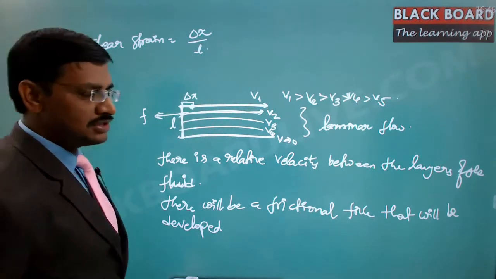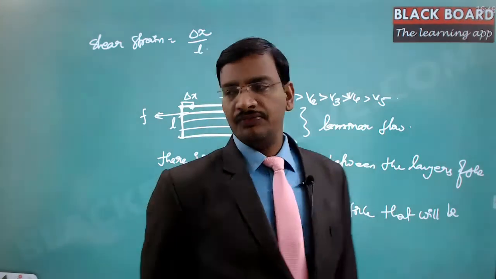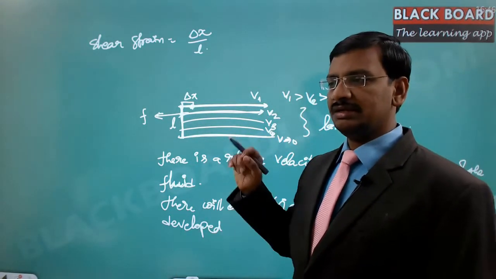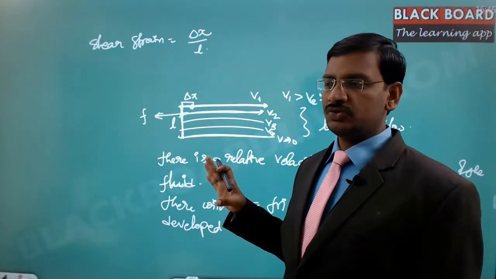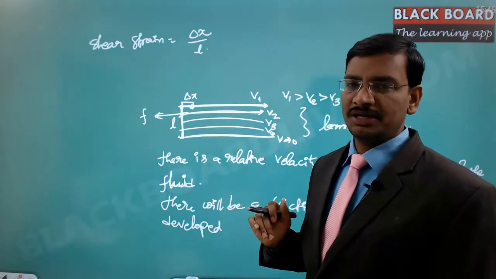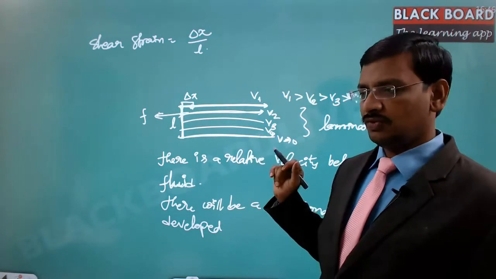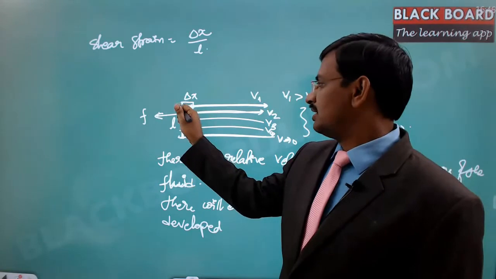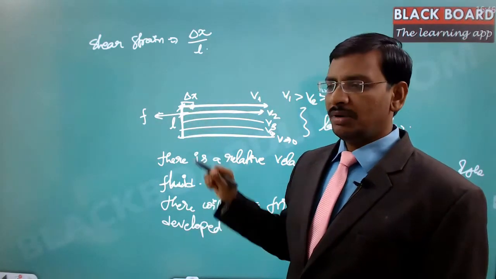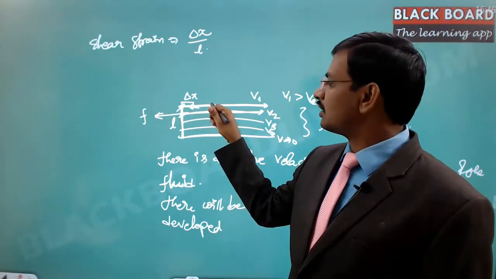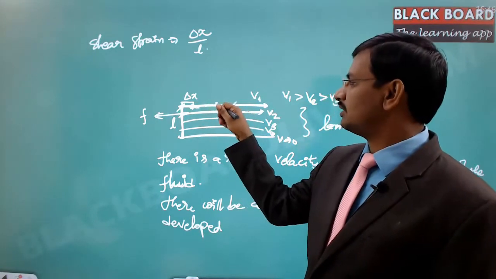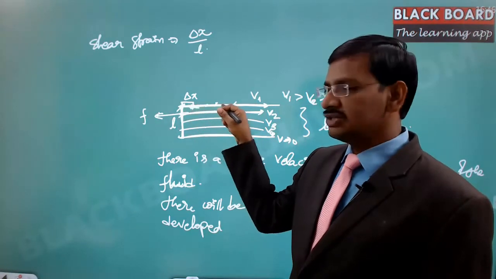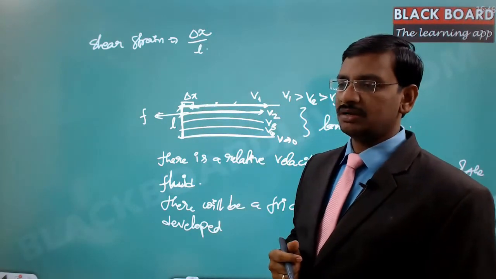Now, is the shear strain constant in the case of fluid? In the case of solids, it is constant because it moves to some extent and stays there, whatever force you apply, as long as you apply the force. Here in this particular case, this particle is moved from here to here, but it never stayed there. It moves further, and keeps on moving. That means there is a velocity associated with this particular particle.